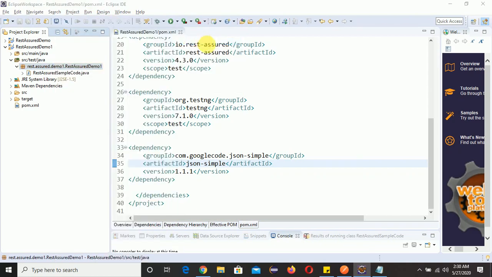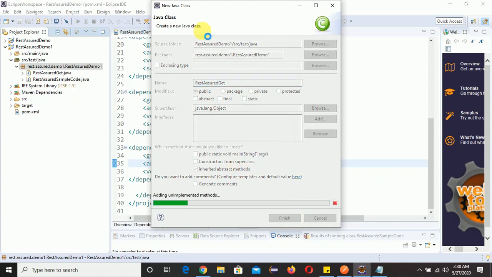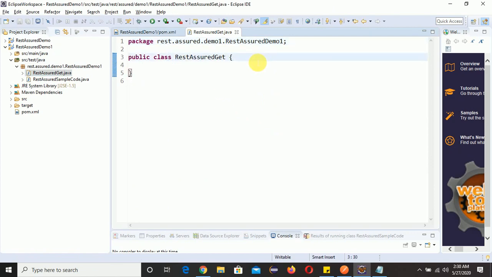I will name it RestAssuredGet. Click on finish. Now we will create one method: public void test.